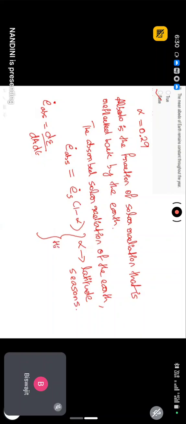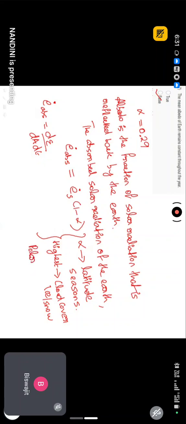Albedo is generally highest, the highest value of albedo is seen over regions which have very high cloud cover or where there is high ice or snow. With respect to latitude, the regions with very high cloud cover are the equatorial regions, and the regions with very high ice or snow are the polar regions. And during the winter season, the northern hemisphere is mostly covered with more ice and snow. So if you look at the albedo over the polar regions,